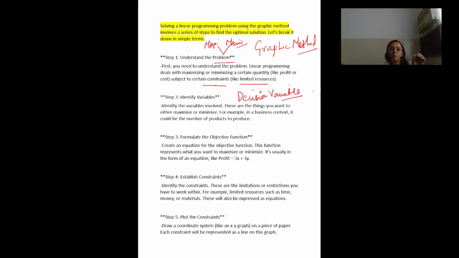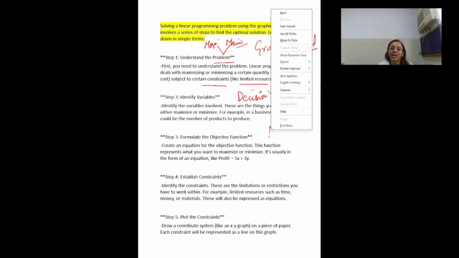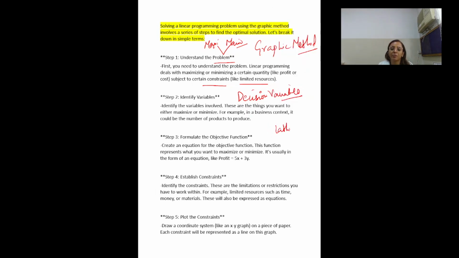So you have to think properly when you are going to maximize your profit or minimize your loss. You have to make a business context so that the number of products to be produced and the number of machine hours required for producing that product, you have to make proper decision variables. Now, after considering these 2 points, then you have to formulate your objective function. That means you have to use math, and with the help of mathematics,